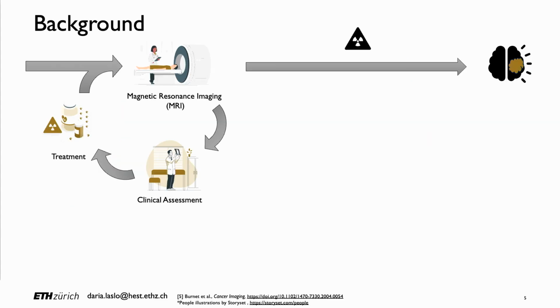These kinds of patients usually go through multiple rounds of magnetic resonance imaging, which is the standard in this case. This is done for diagnosis, but also as follow-ups during their treatment and to inform treatment. Most of the time, this treatment is radiotherapy, since this is the only one available given the characteristics of this type of tumors. And when we think about this,